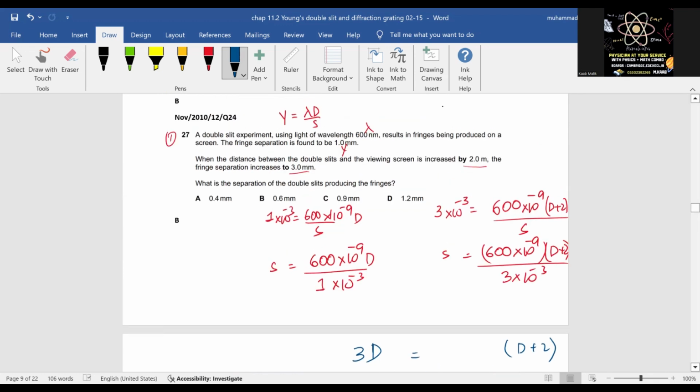तो हमारे पास 1 मीटर आया है D, तो अगर हम यहाँ पे 1 रखें, सो देन इट वुड बी कितना होगा, 6 एक्सपोनेंट -6 बन जाएगा। इसको डिवाइड करो, कितना बन रहा है, 600 एक्सपोनेंट -9 डिवाइडेड बाय 1 एक्सपोनेंट -3, मेरे ख्याल से इतना ही बन रहा होगा। ज़रा देख लो प्लीज़। 6 का फैक्टर तो आ रहा है। सही आ गया, तुम लोग के पास आ रहा है।